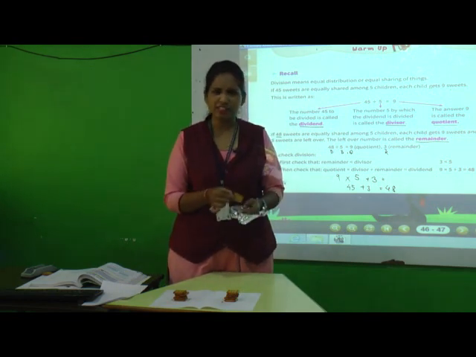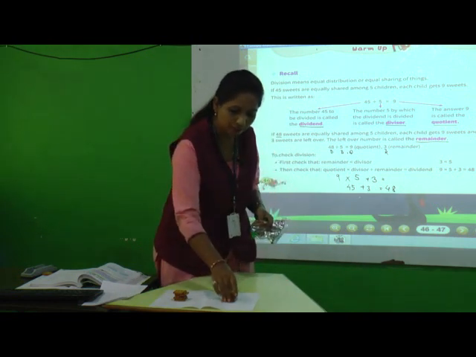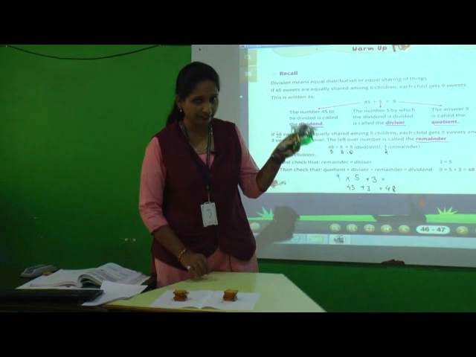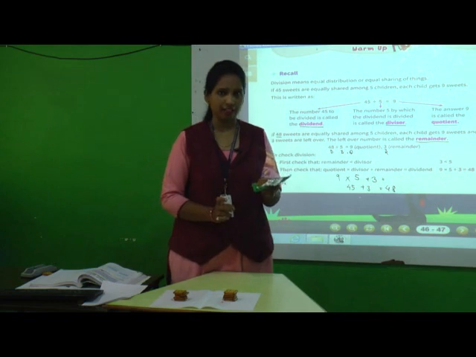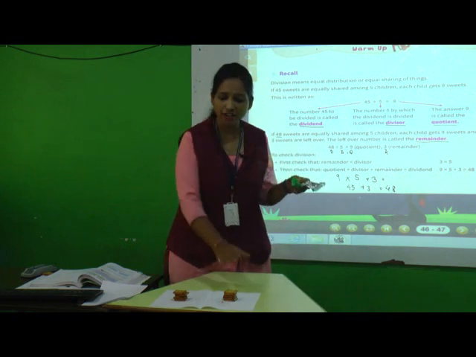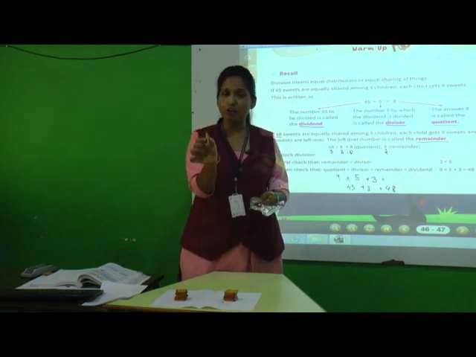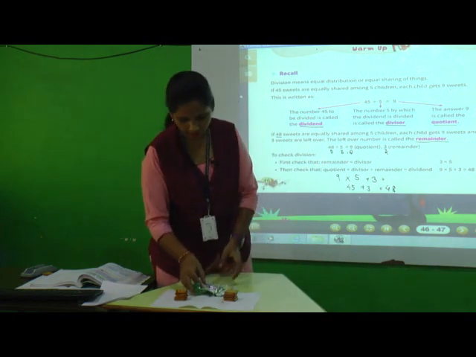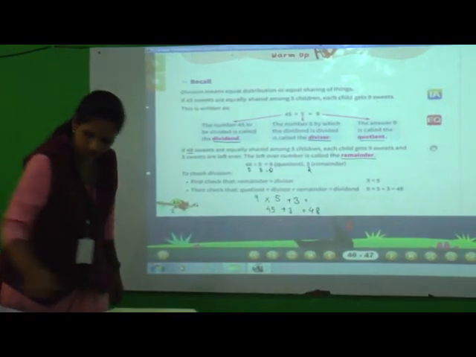Yes, maybe they will share, but what I want to tell you here is that when you distribute the biscuits equally and something remains, that is called the remainder. Are you getting it? Remainder. Now here 11 biscuits are there in this packet. Okay, so at that time what can he do? He can give 5 biscuits to both of them and one will remain. So this one is called the remainder. Clear? I just want to clear these things. Okay? Understood? I hope you all have understood well with this example.